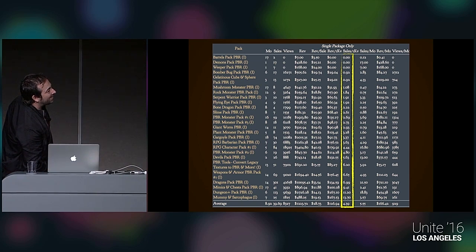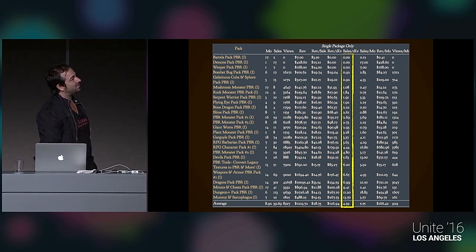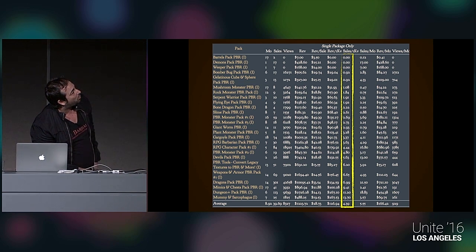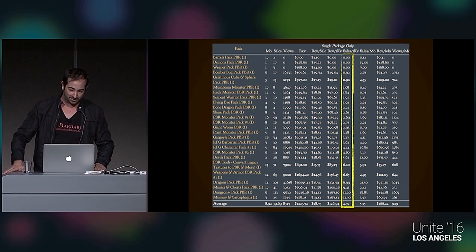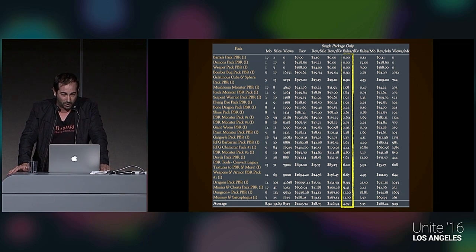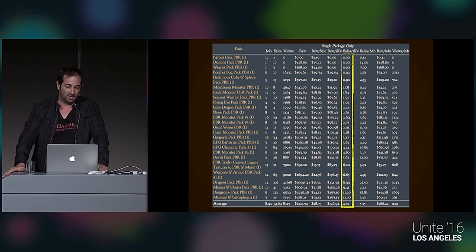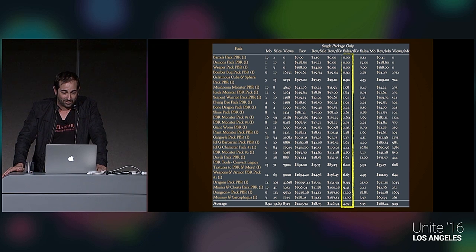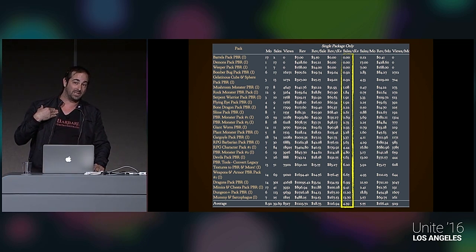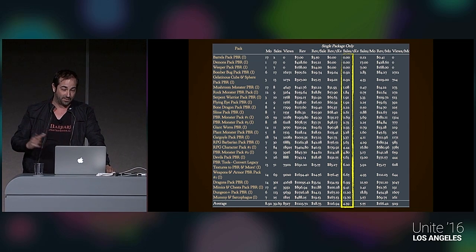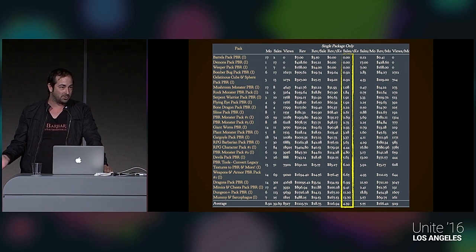This is everything. This is all my stats that I was able to glean from various things, and it's organized by sales per 1,000 views. Some of them are 0 because the barrels is free now, and Demons and Weeper isn't even out yet. It's still in the queue, and Demons is new, so I didn't have any sales officially. The sales are based on the asset store sales, nothing from my own site, because I only have a view count for the asset store, not from my own site.